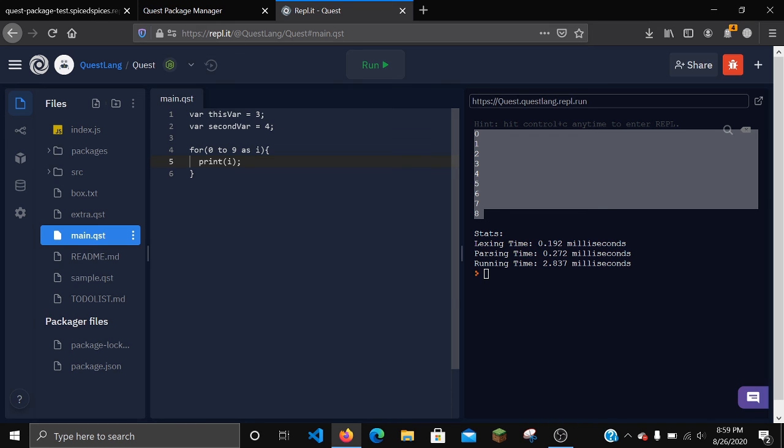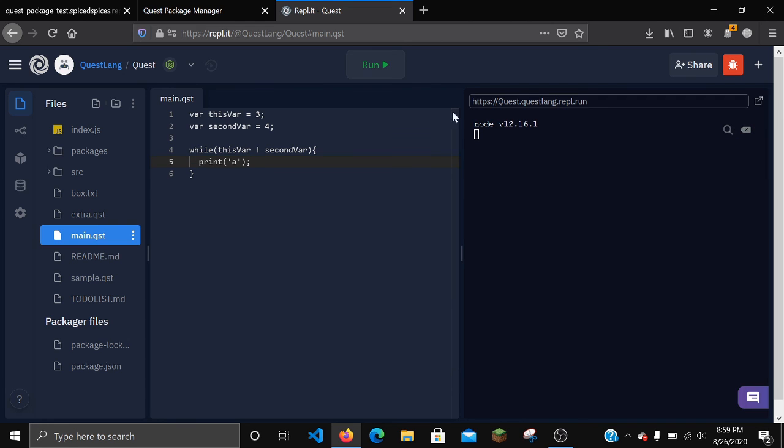And what about other loops? What about while loops? Well, while loops are also simple. There's just an if statement, but with a loop. So if you say while this var does not equal second var, then we can print a. This will be true forever, so it's never going to end because we don't change this var or second var. They'll always be the same. So if we run it, it should print a infinitely